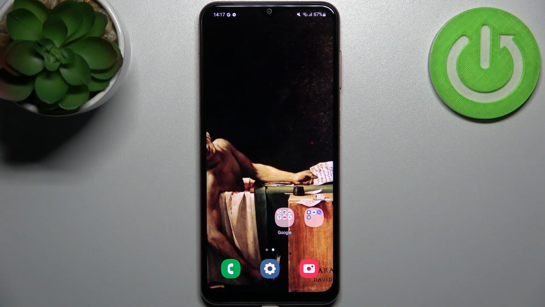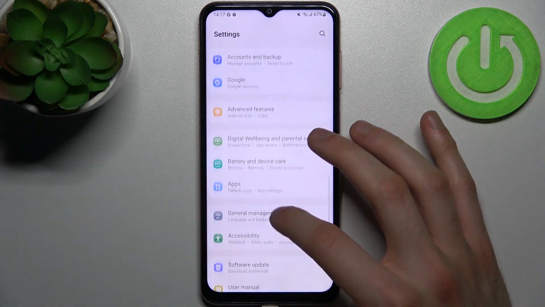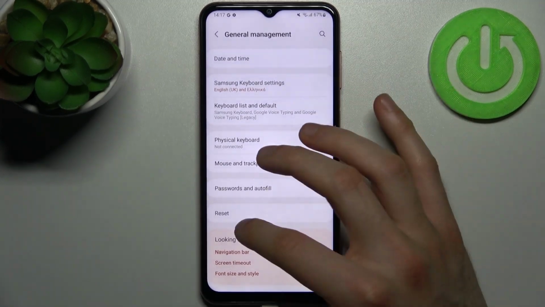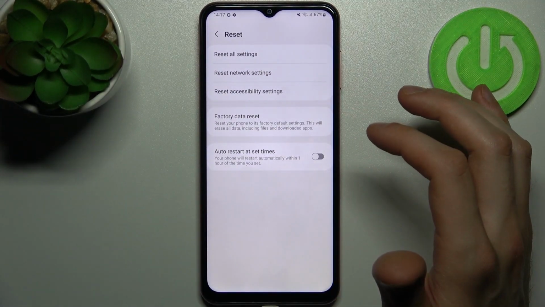Here I have Samsung Galaxy F13, and today I'm going to show you how to reset app preferences on this device. So firstly you have to go to settings, then go to general management, and then go to reset. And here just select,